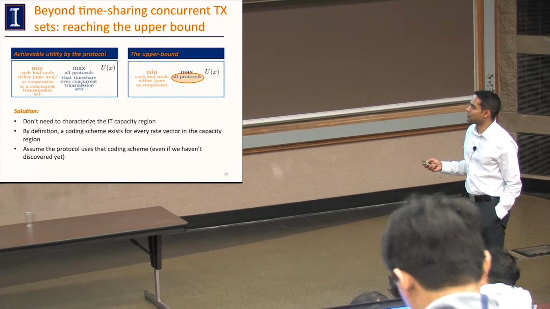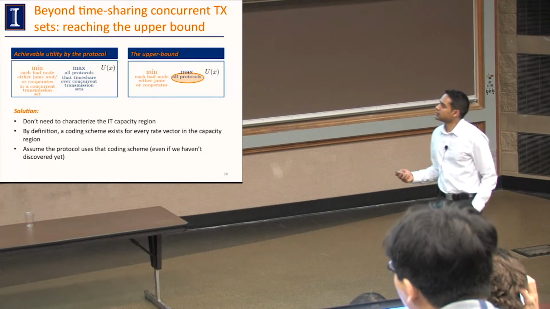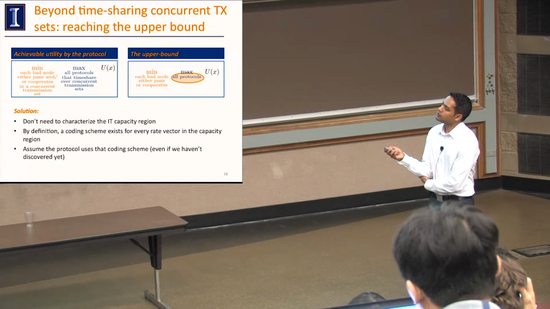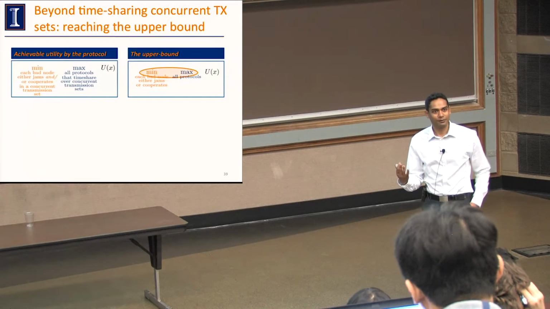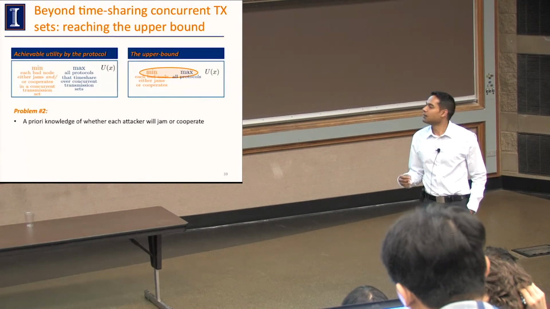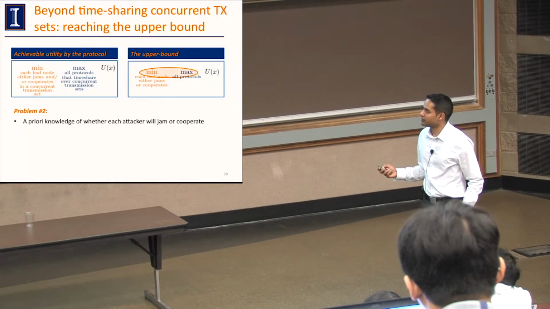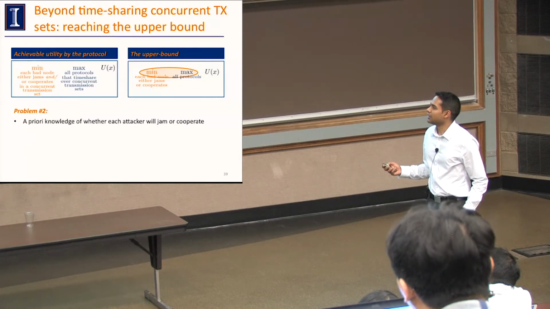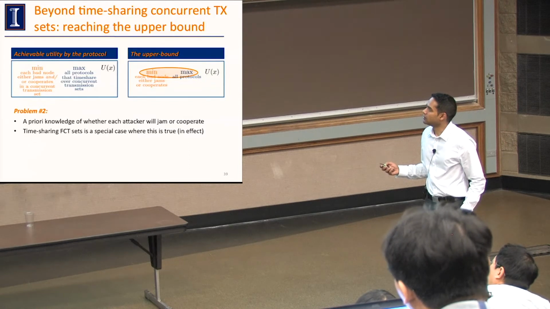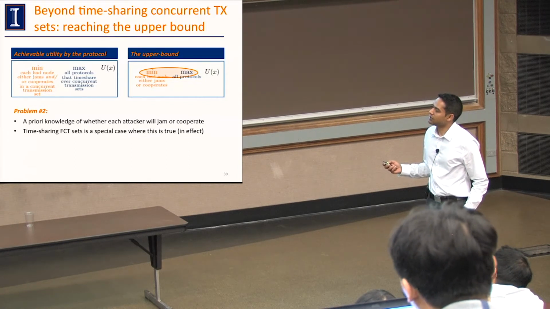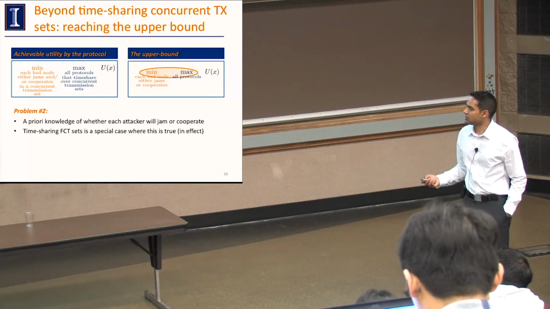So here we have two bad nodes, node C and node D, and two good nodes. What node C can do is jam, and since the two attackers have full cooperative capabilities, node D can claim that all of node C's packets were received while node C was jamming, in an attempt to disrupt the link over here. So as a result,